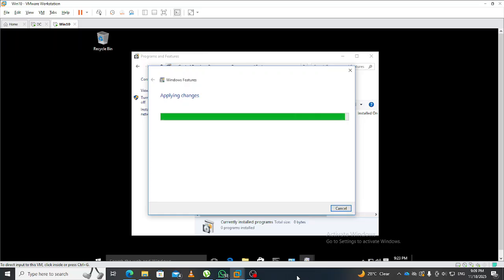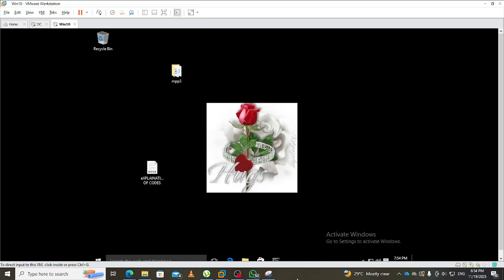Almost done. Okay, so now for ours, the NFS client is done running. So the next thing that we need to do is we have to now point. So you launch the